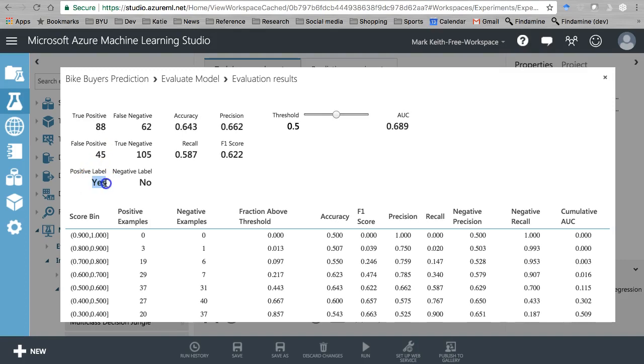So for the label yes, we got 88 true positives, 45 false positives, and you get the idea here. And then we get these accuracy and precision scores. So what I want is to copy accuracy, and we're going to treat that as our effect size now. Now let me pull up